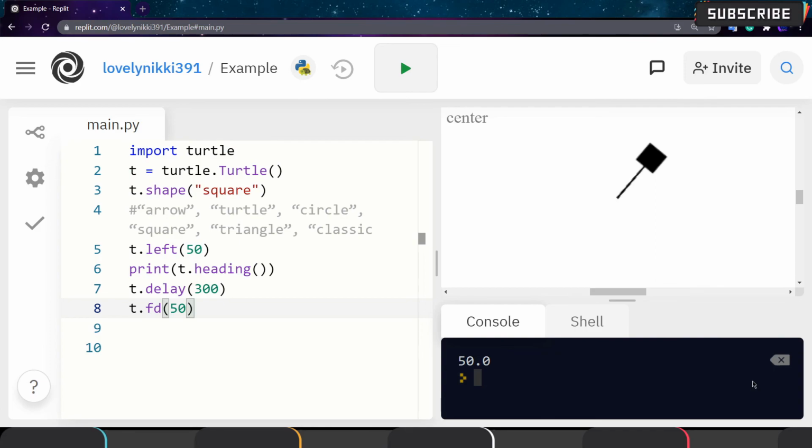Try to practice the turtle module, then only you can draw different diagrams. It will not come like studying an answer. So you need practice for these turtle methods and library, I mean module. So these were the intermediate functions as we have seen.